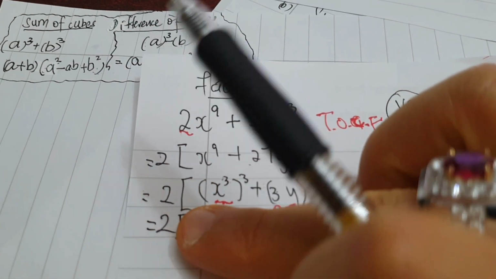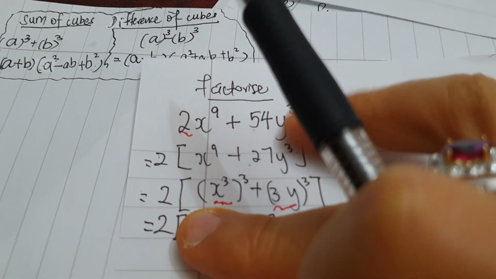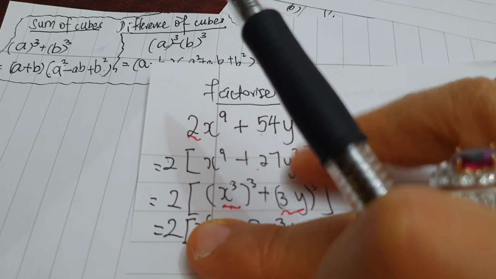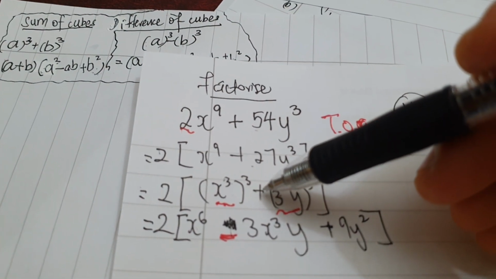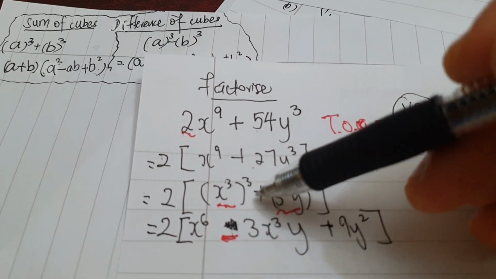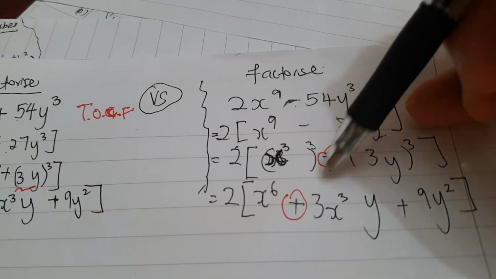But once you start to factorize, you see up to here, I have not done the sum of cubes factorization until I reach here. So once you reach the sum of cubes factorization, remember the middle sign is always opposite to the original sign that's given to